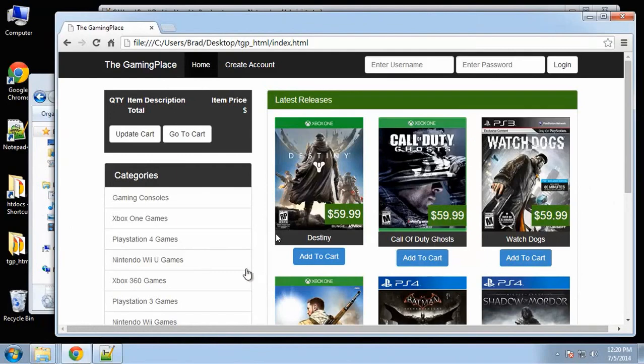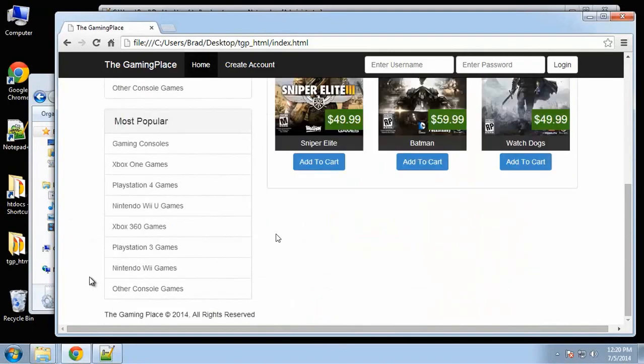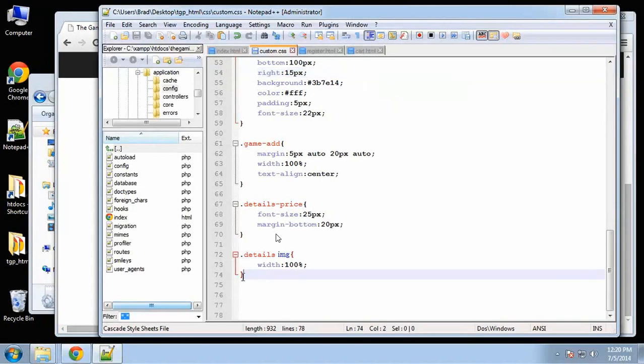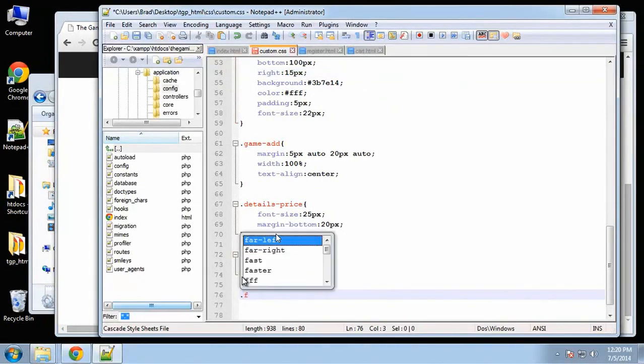So I think that's pretty much it. Like I said, we will have some minor changes to the HTML as we go along. Oh, the footer. I just want to change that, or add to it. So we want footer,